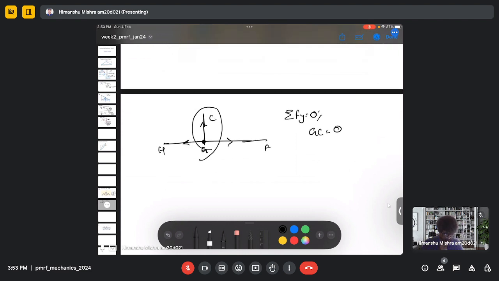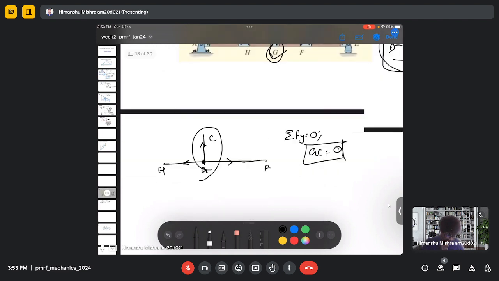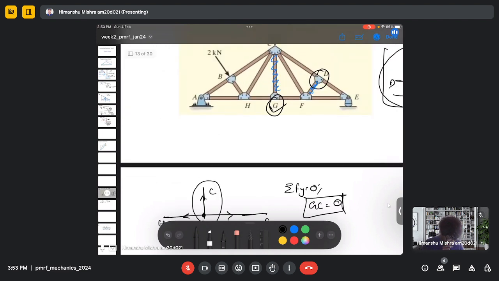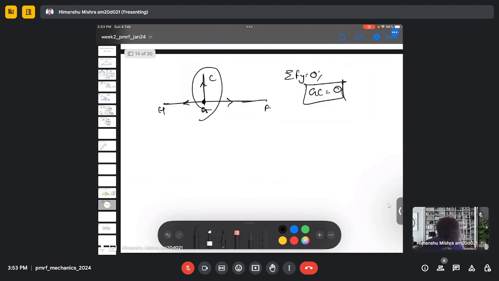No other vertical forces are there. So we can conclude the force in GC is zero. Now similarly, if we draw the joint D,